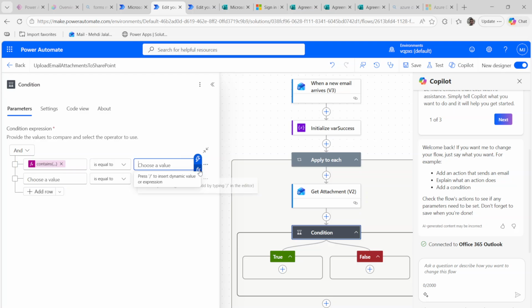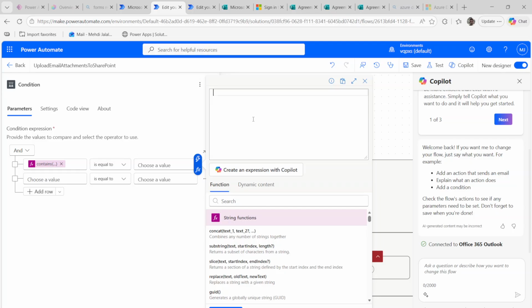So if the type of that file is coming as XLSM, if we say it is true,